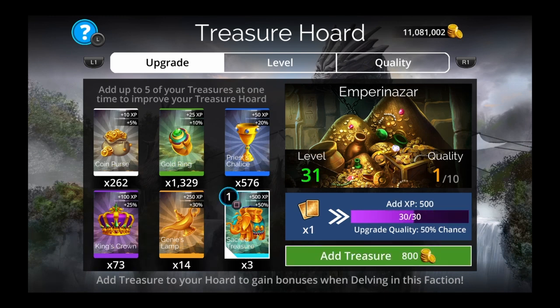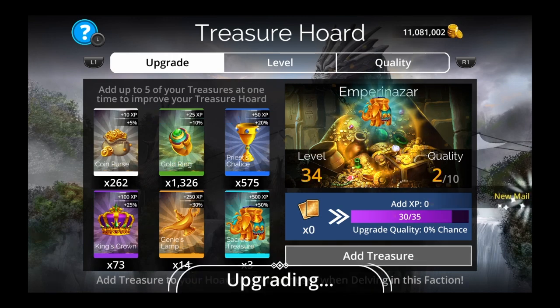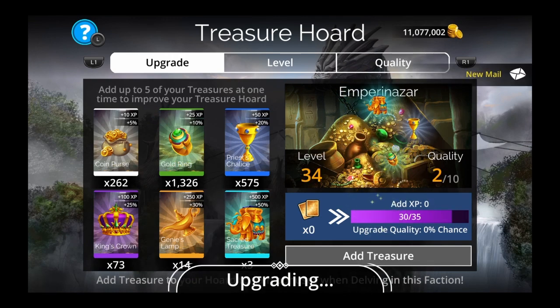50. I just get to 100 with the least amount of treasure as I can. That's how I do it. So we're probably going to need a 20. That's 5. I don't know how you could do that any better, but there you go. 4,000 gold. You could go to like 95 if you want to test fate, but you know how this game